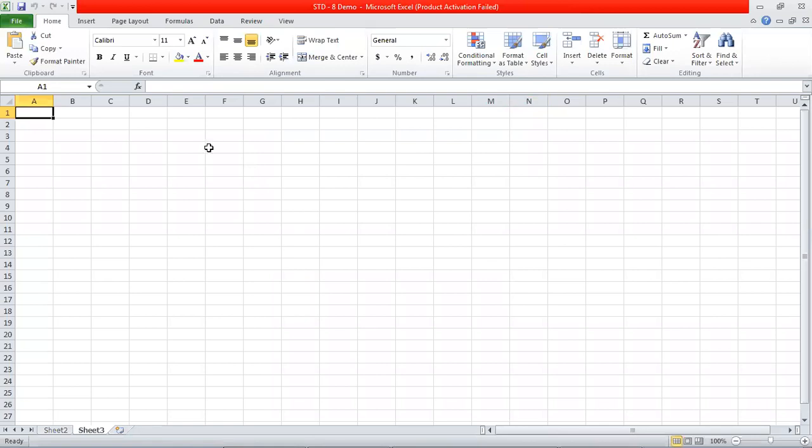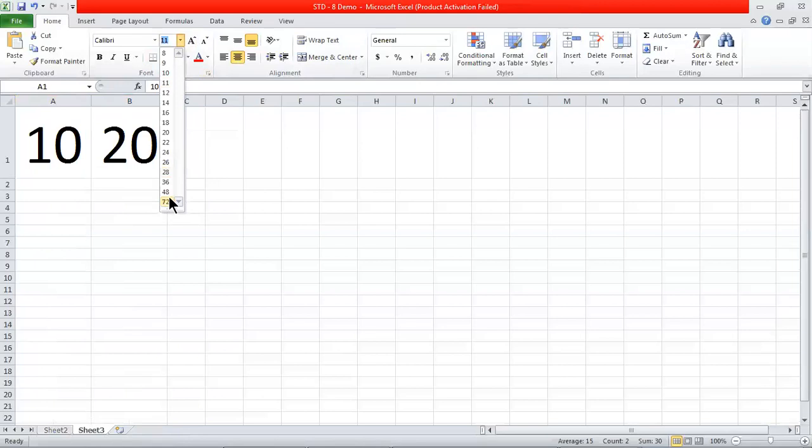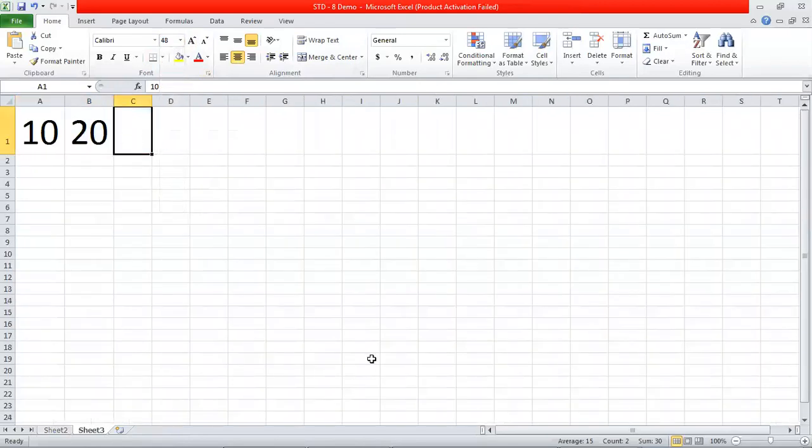Suppose in cell A1 I write 10 and in B1 I write 20. Let me increase the font size. So 10 is stored in cell address A1, here the cell address is B1, and this is cell address C1.